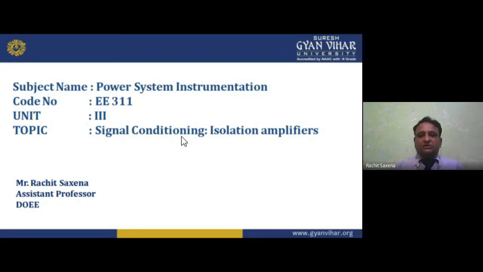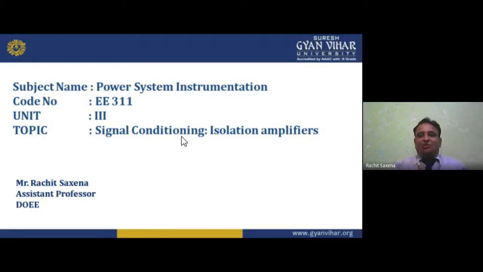Now this is unit number 3, that is signal conditioning. Now, if I want to filter out or condition the signal, I need so many things. I need a measuring instrument. If I know the errors, I can easily identify how many errors we will find, or what output I am getting. So if I use a signal, I have to convert that signal into my desired signal.